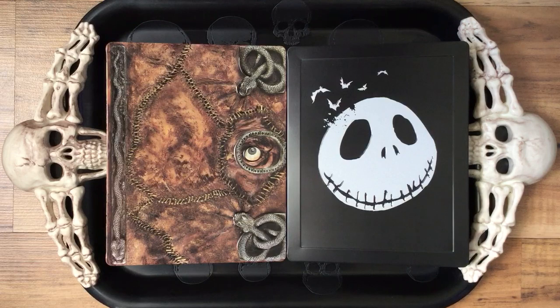I'll be honest, whenever I was younger, this one I kind of stayed away from. I liked Tim Burton's Batman films. I'm a huge fan of those. But this one always kind of made me wonder if they were making fun of Christmas or if it was going to be... I didn't really know what approach they were going to take there, so I stayed away